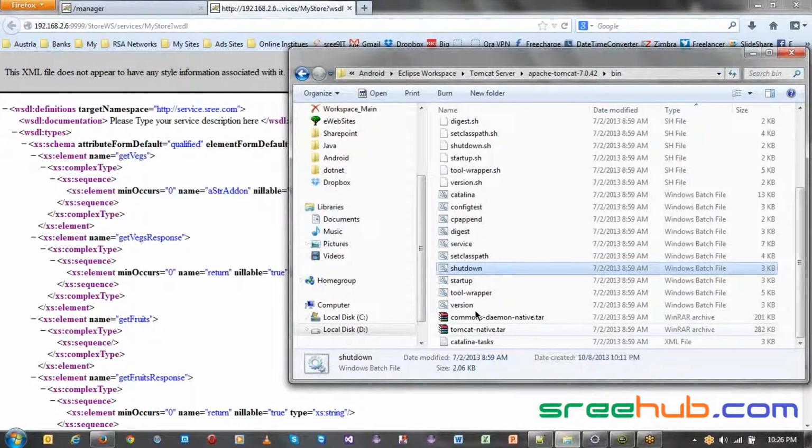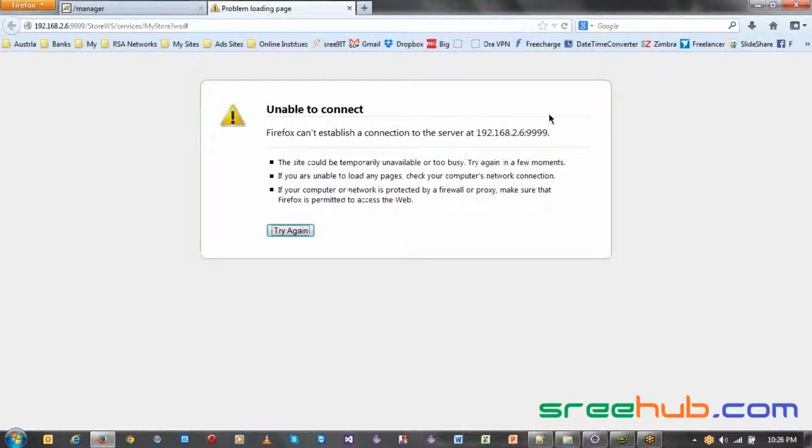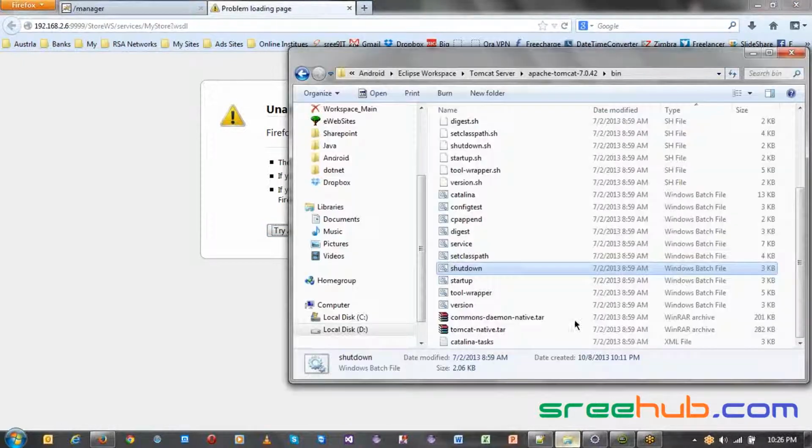Now you can see if you stop your server, just check out what happens. Let's say I've stopped my server. When I run this link, it will wait for some time and say it can't establish a connection because my server is down. This is what we call the server is down. Now if I start my server again,